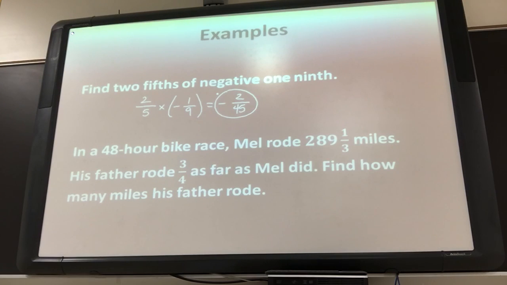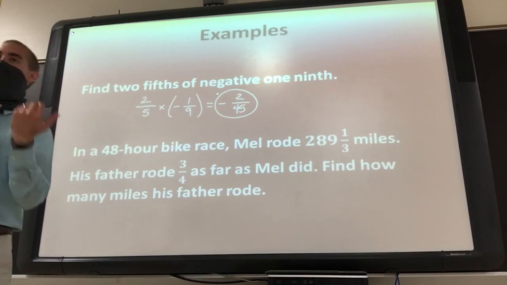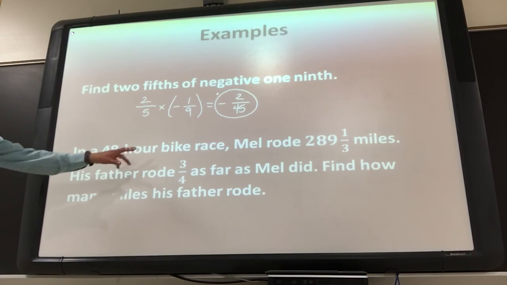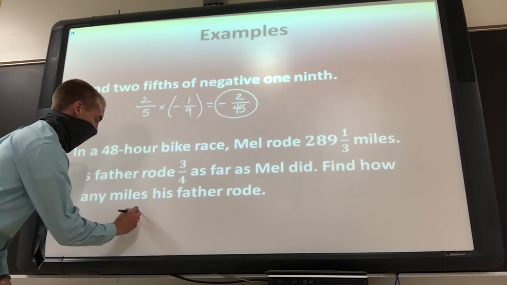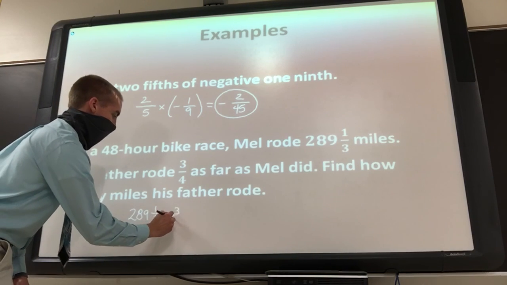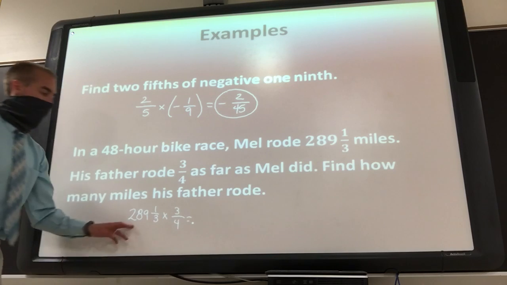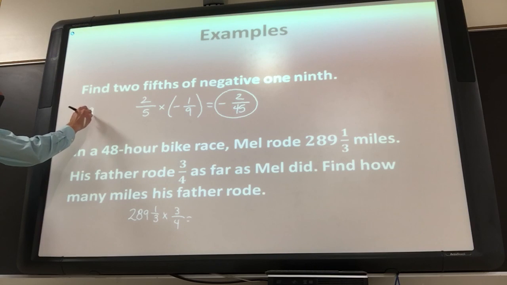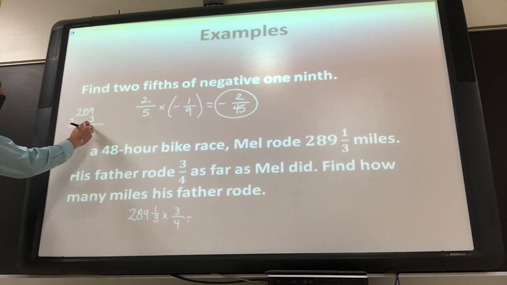And then this last one, Mel rode 289 1/3 miles. His father rode 3/4 as far as he did. So we want to multiply. We're trying to find out what is 3/4 of 289 1/3. Remember, of means we multiply. So we're going to do 289 1/3 times 3/4. So 289 times 3 would give us